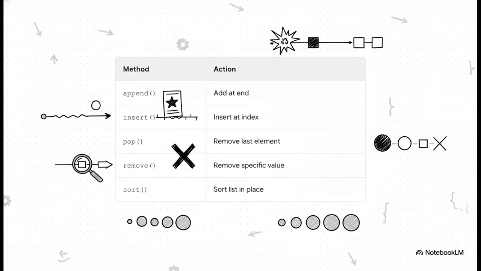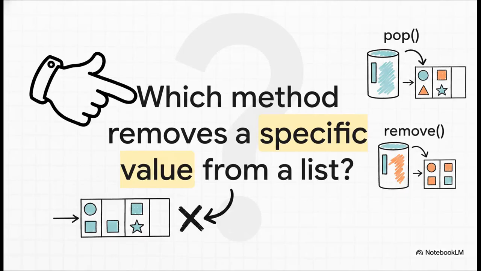And of course, sort does exactly what it sounds like. It organizes your list right in place. Okay, let's pause for a quick knowledge check straight from the course materials. Do you know which Python method targets and removes a specific value from a list rather than just targeting an index? Well, based on the tools we literally just covered, if you guessed C, remove, you are absolutely correct. Remember, pop removes based on the position at the end of the list, whereas remove targets the actual data value